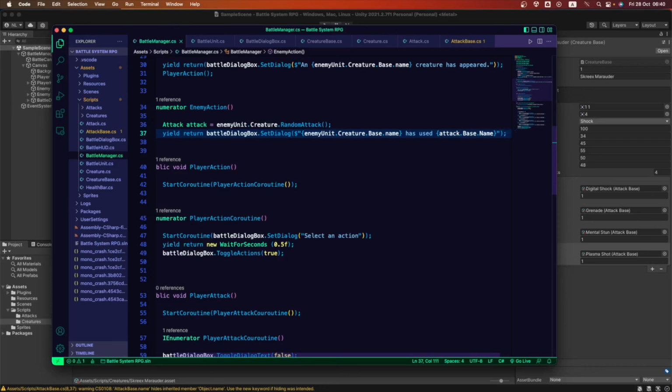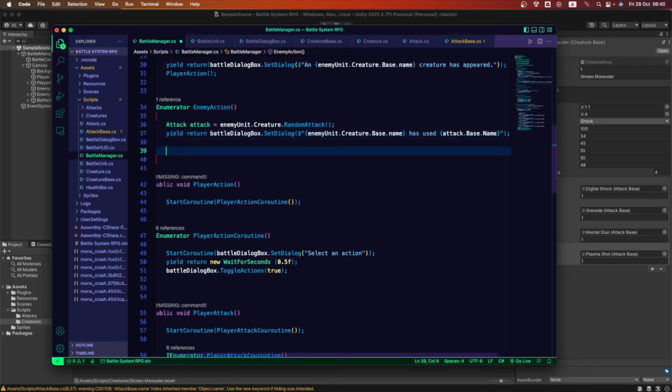Now I've got my full line in which I'm gonna write the random attack that is coming from the method that we just added to the creature base scriptable object. And that is the flexibility that scriptable objects offer. You can go and edit them, and whatever other stuff you implemented in other places of the game is gonna update in a very flawless way. So that works great.